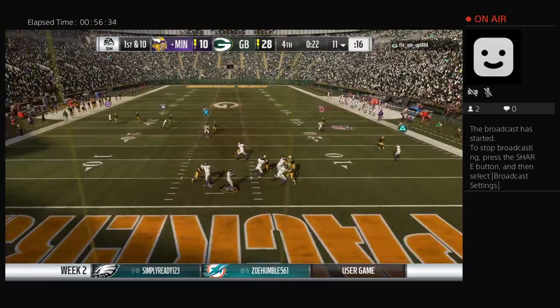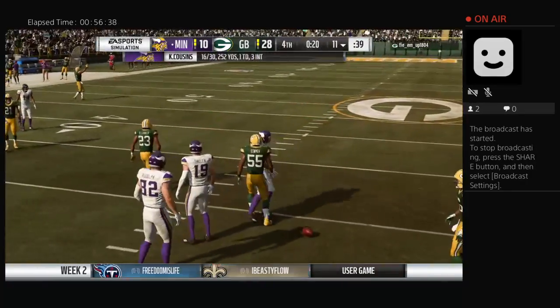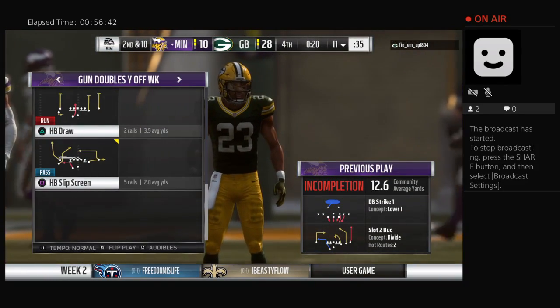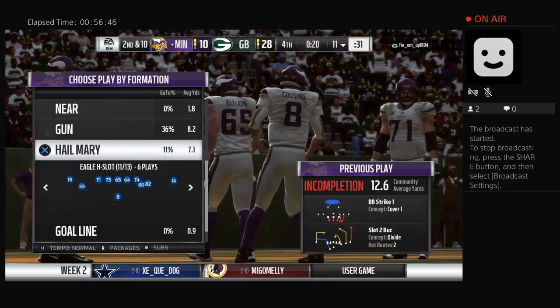Cousins now after the fumble recovery. He couldn't quite hold it. Got hit. Ball pops out. Incomplete. Anytime a defense can sit back in a zone like that, it tends to create a lot of congestion